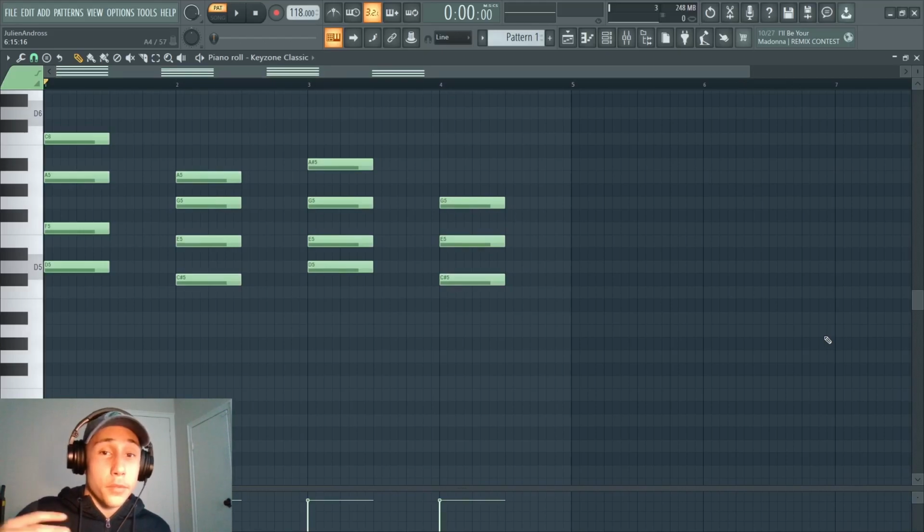Alright, so I ended up writing two different chord progressions. One is in D minor and the other one is in D major. So this is the D minor chord progression, and you can see it starts off with a minor 7th chord,